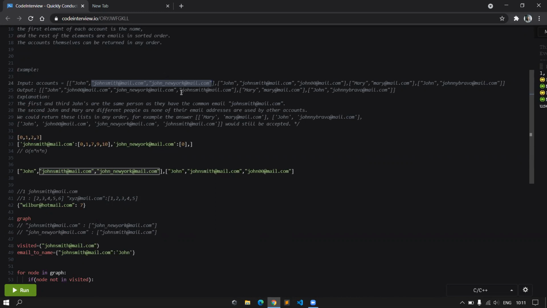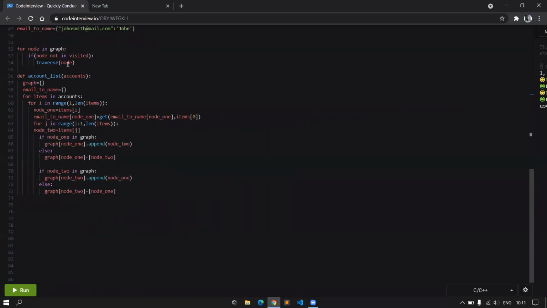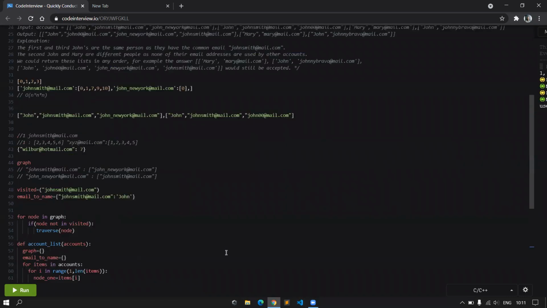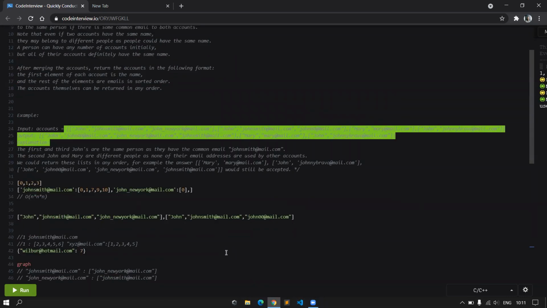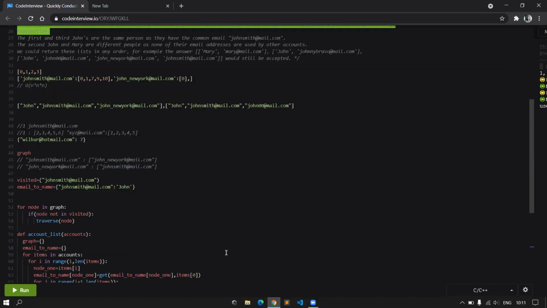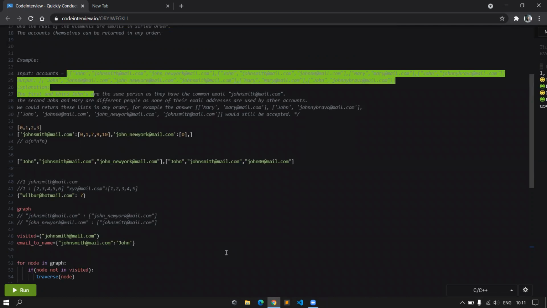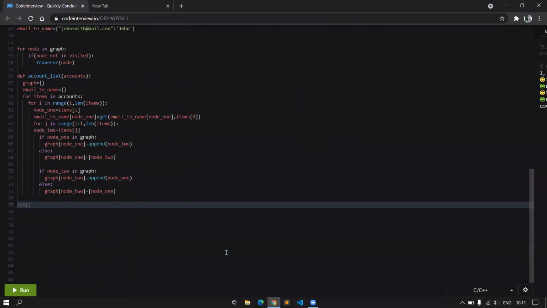If you ran this on all the segments in your accounts, John, Mary, and then the total length, if you merged all the lists together, was n, like the total number of strings and all the sublists put together, that's n. What do you think the runtime of this graph building solution here is?